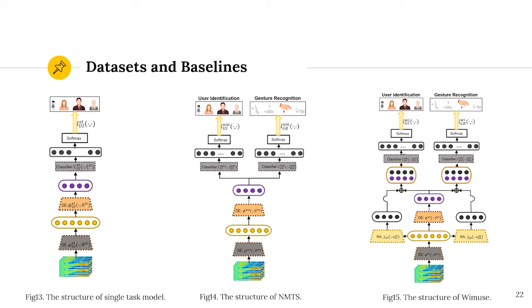The first is the single task learning model, the second is the naive multitask sensing model, and the third one is the structure of our proposed model Y-Muse. By the way, it is worth noting that the uncertainty multitask sensing model and the multitask sensing model based on knowledge distillation have the same structure as the naive multitask sensing model, which is the middle one.